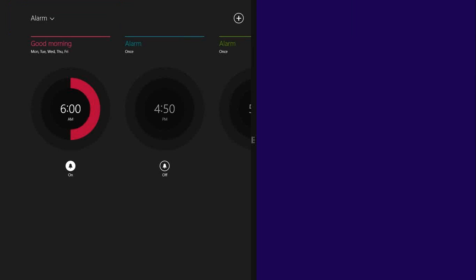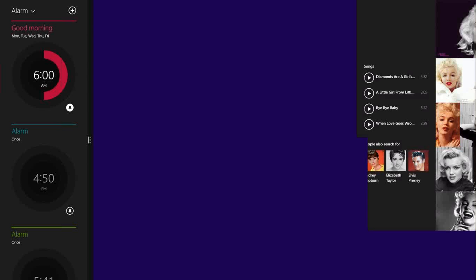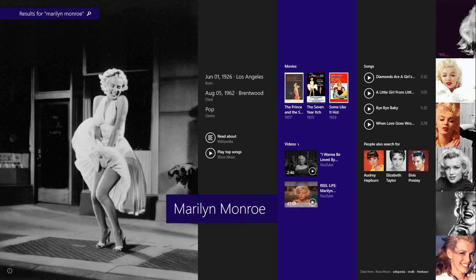What if you're trying to resize this application now? So let's say this is what your application has become, and still you have to provide the three navigations: alarm, stopwatch, and timer. So here's what they have done. They have given a drop-down menu, and this is how they are redefining the control. Now again, when you have resized it to 320 pixels, from horizontal paning, they have gone into vertical paning. So this is what resizing of your application or resizing of your control means. Craft your control nicely and make the best of this multitasking model.